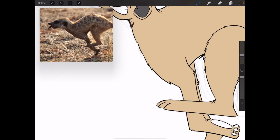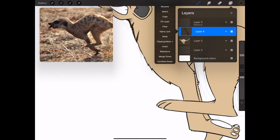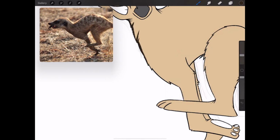All right, so all I've done is added in a new layer, made that a clipping mask, and then I've basically held down on the screen, got my color wheel, so I've got that color again, and I'm just dragging right down into a darker area, and this is for our shadowing. Okay,